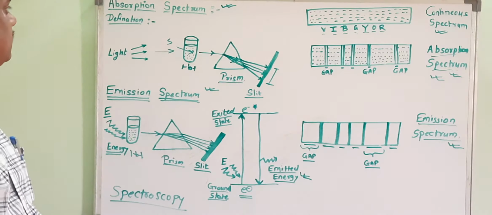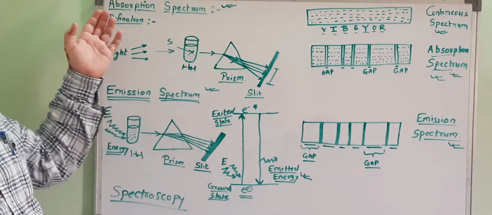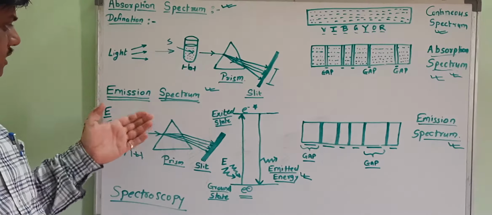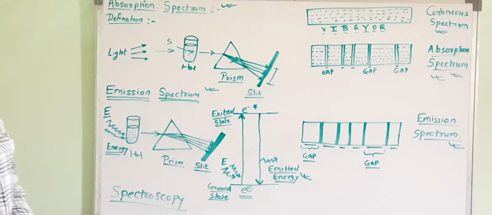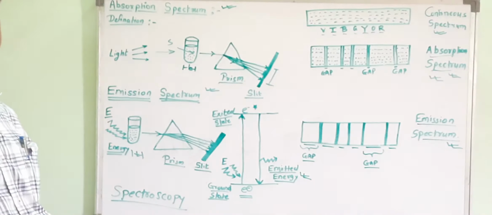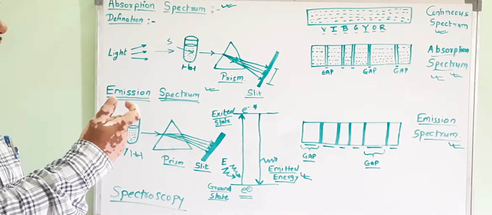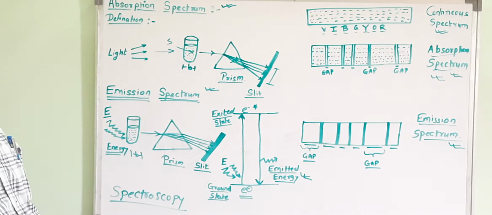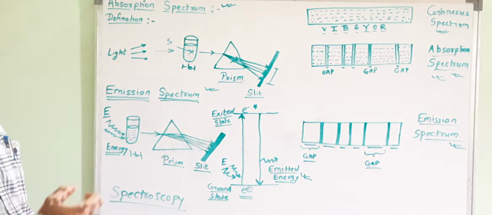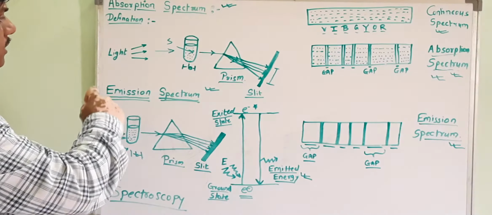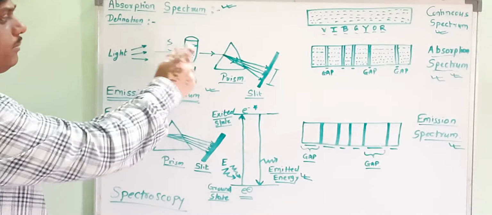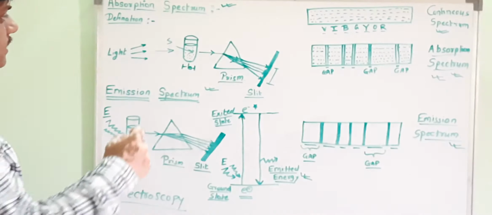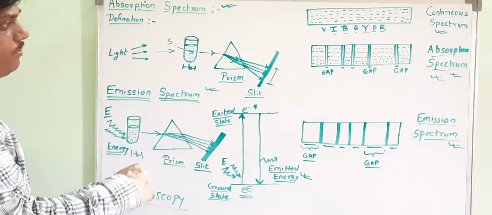Today we learn more about the absorption spectrum and emission spectrum and their relation with each other. Absorption spectrum is the kind of spectrum pattern which is obtained after transmission of light through a solution containing a particular kind of substrate, and that absorption pattern is